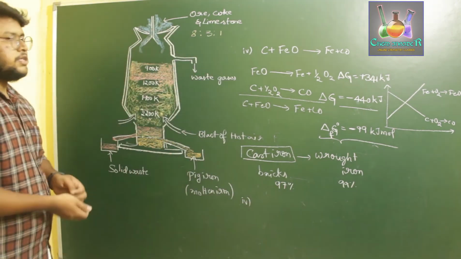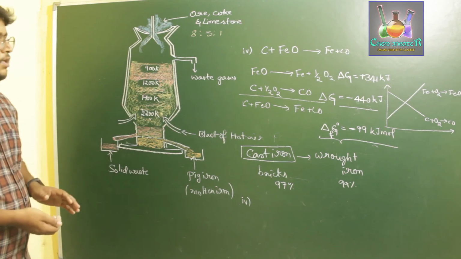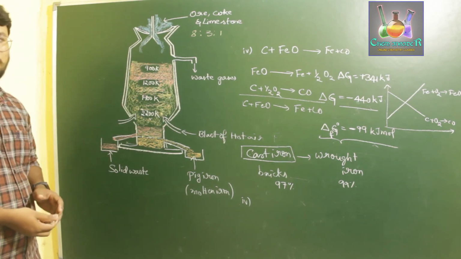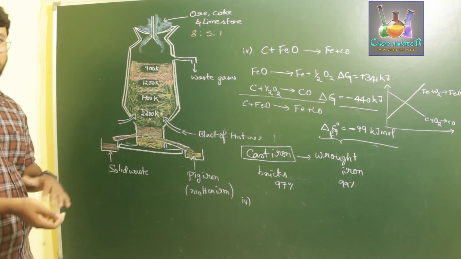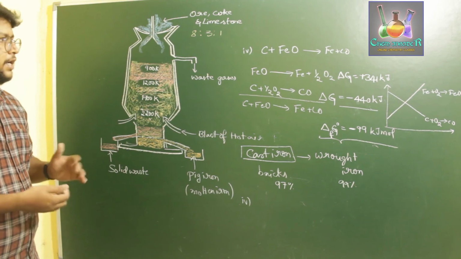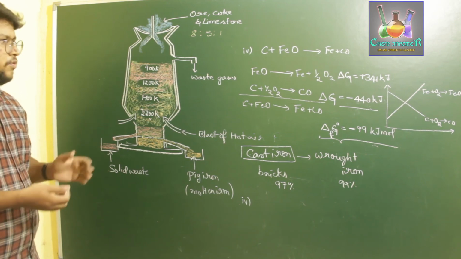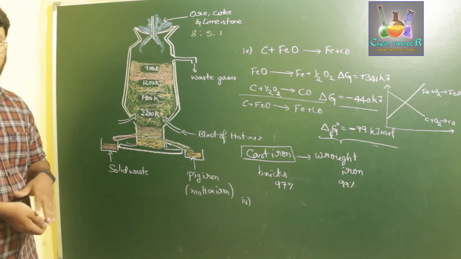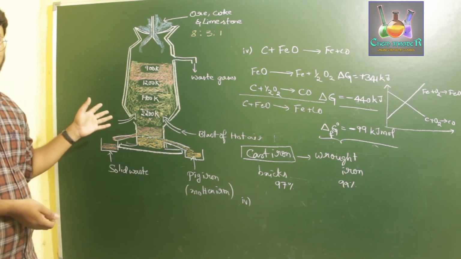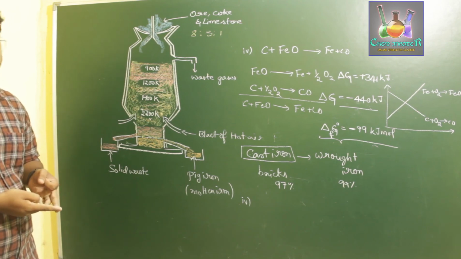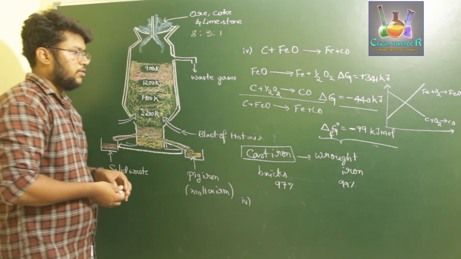So this is about the extraction of iron in a blast furnace using suitable reducing agents at low and high temperature. At low temperature we use carbon monoxide and at high temperature we use carbon. How we select those reactions, I explained in the previous topic, about the Ellingham diagram of carbon, carbon monoxide and carbon to carbon dioxide reactions. So this is all for today.